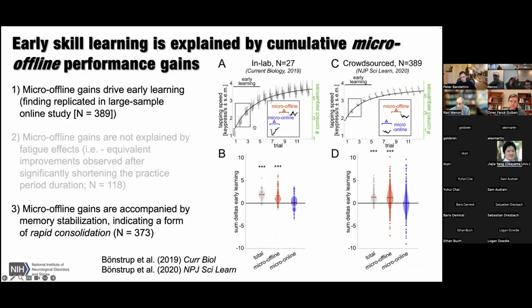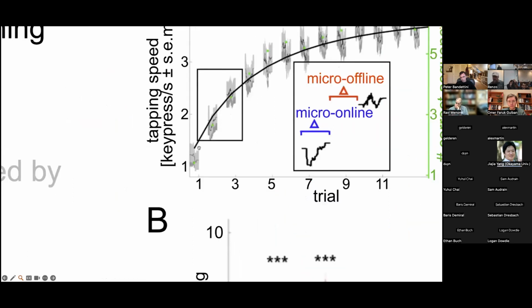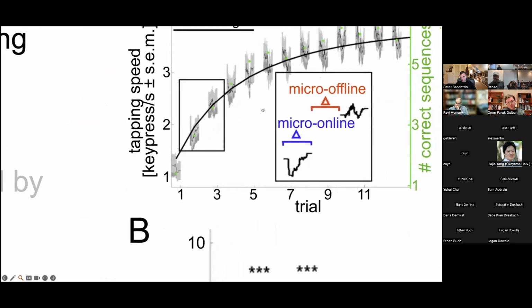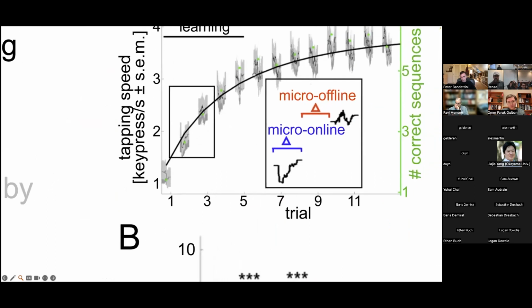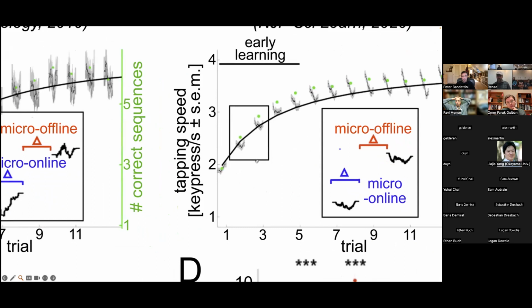On the top right, for example, this is the instantaneous performance within a trial, and these are actually the slopes. So the micro online would be the slope of this performance line here, and the micro offline is essentially the slope of a line that connects this last point with this first point. And on the crowdsource study, the figure on the right, it was always going down for the later ones. Yeah, so what happens is that